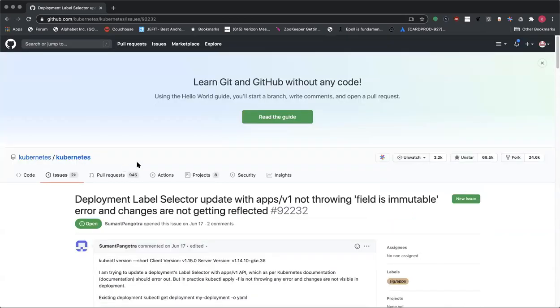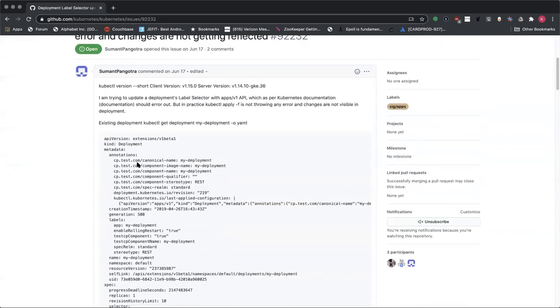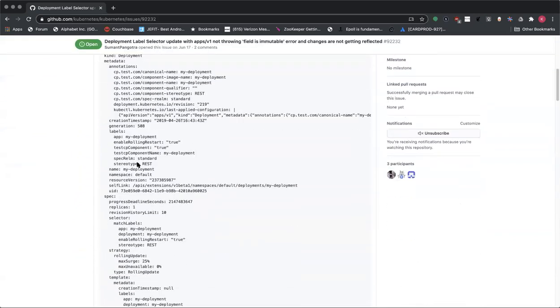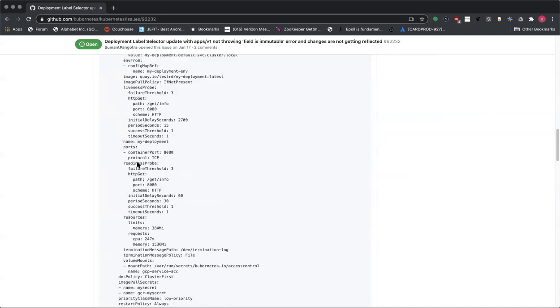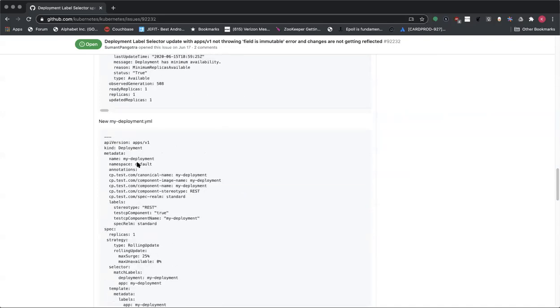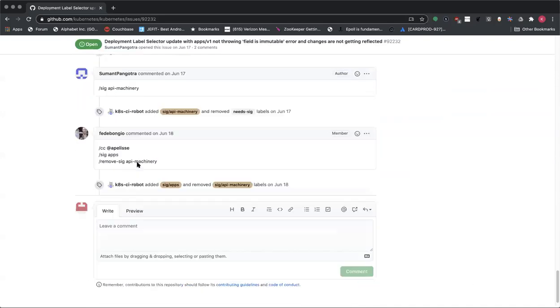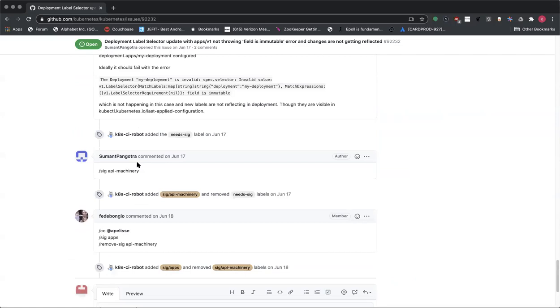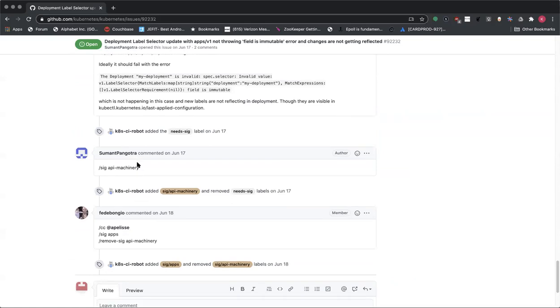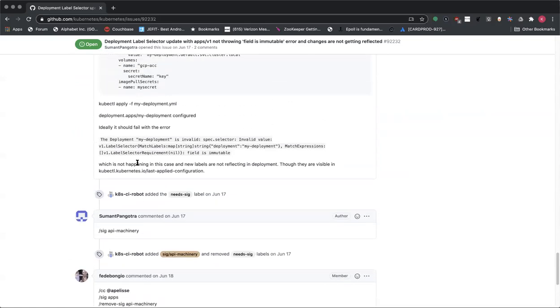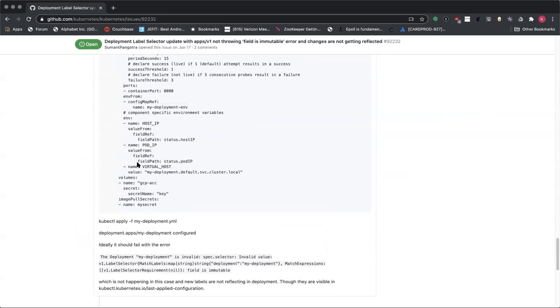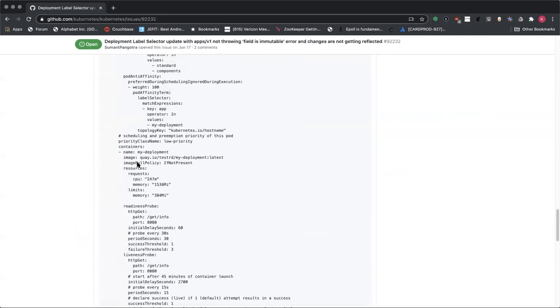So this one, I'm not sure if this is us or SIG CLI. What's the bug there actually? Selectors are immutable, right?